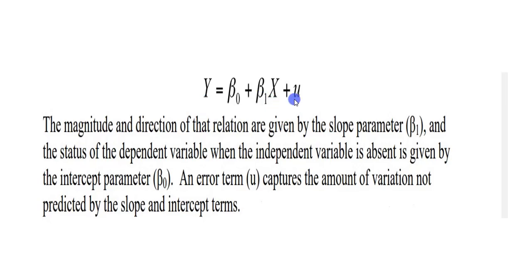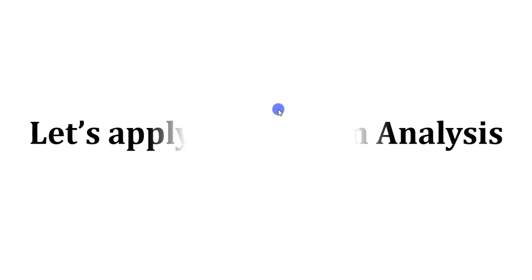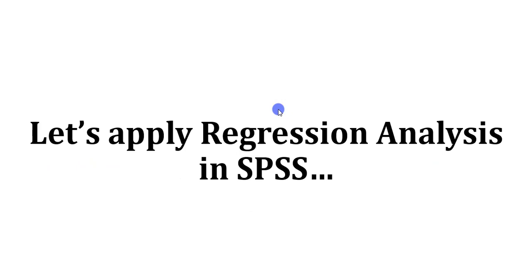You can also predict the change in y with respect to change in x. And in the last, you can see there is a symbol mu. This symbol represents the error term. So in order to estimate the equation, we can apply regression analysis. So let's see how we can apply regression using SPSS. But before that,